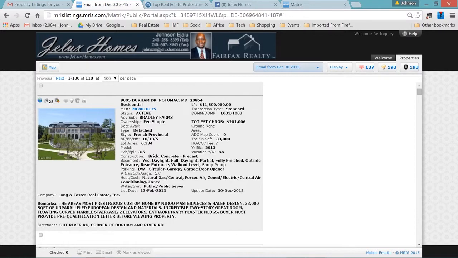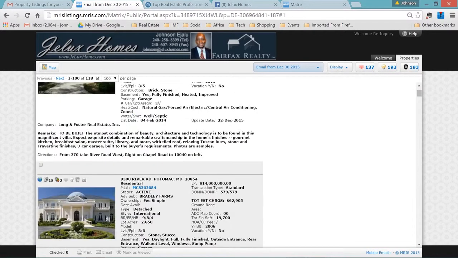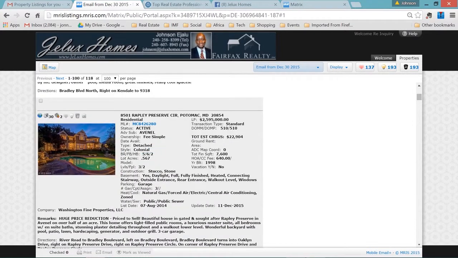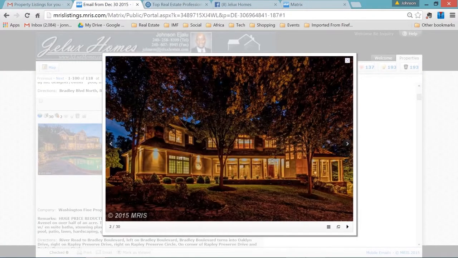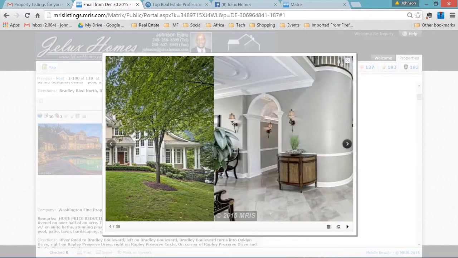All right, so you're scrolling through, and you find a listing you like. Before you even click on the picture, you can tell how many pictures there are. In this particular one, they have 30 pictures. The more pictures, the better, in my opinion. So anyway, you click on the picture, and you can go through the pictures and look to see what the